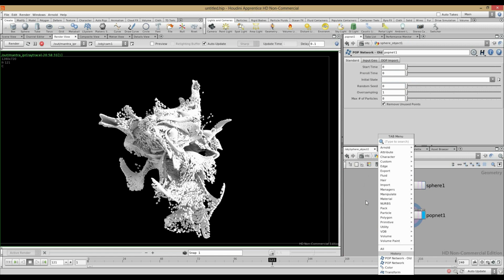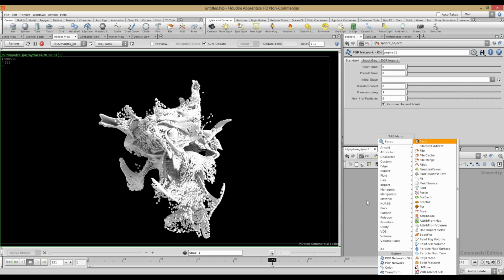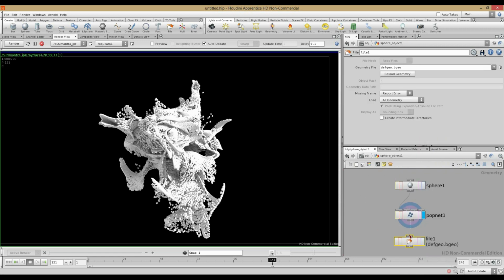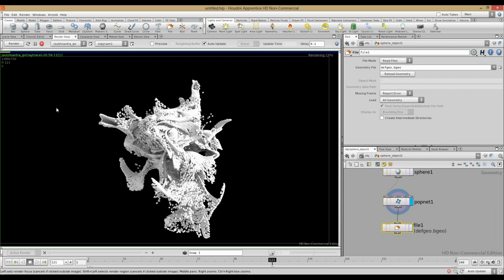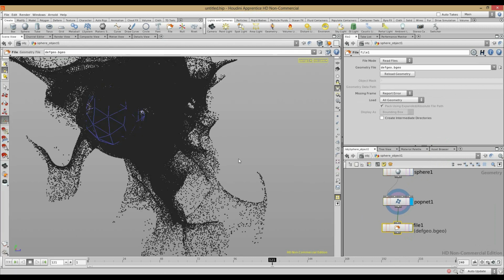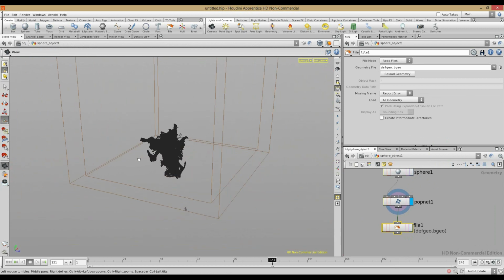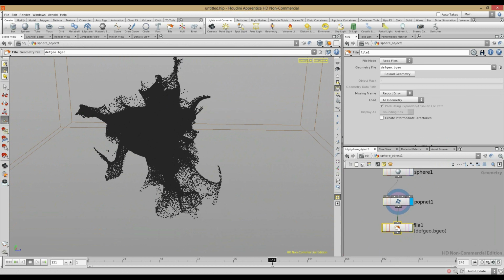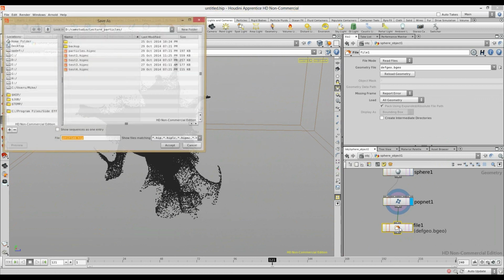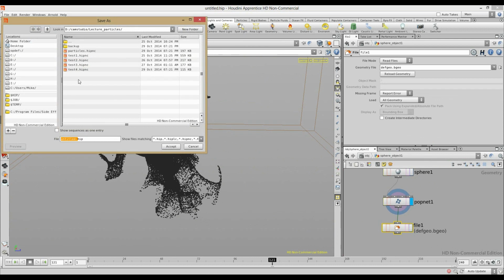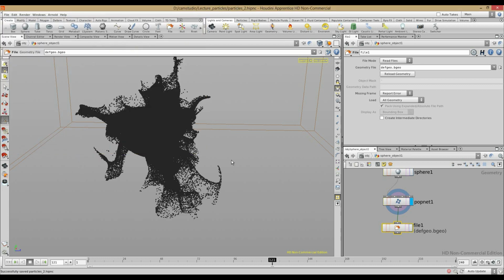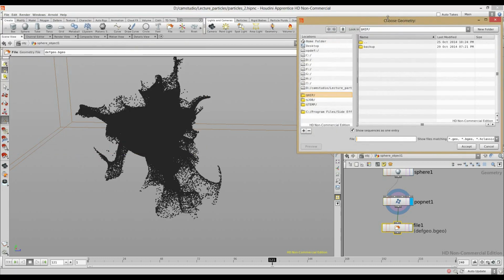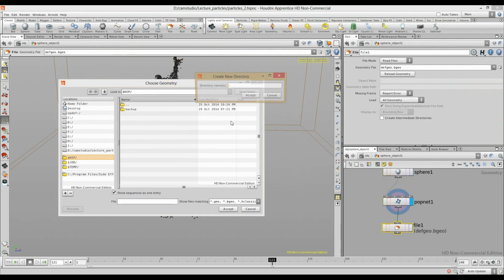So to cache particles, I can create a file node. It's actually a good practice to cache the particles, because if you're not going to resimulate, it's just faster. So okay, I will save my scene as particles, let's say number 2. Right, and now I can cache my particles. So I will create a geo folder,